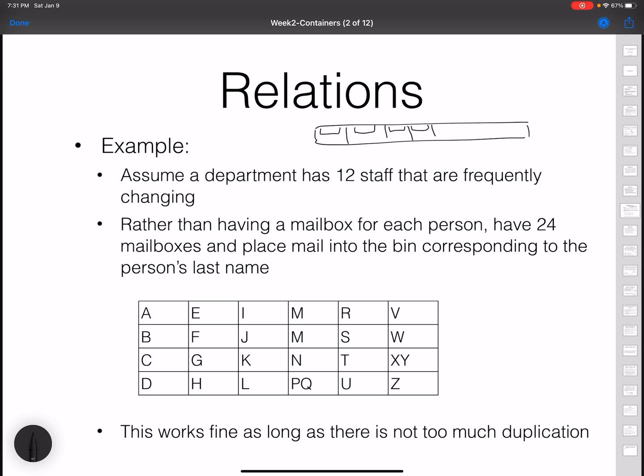You can see that I have actually covered some of those letters, and some have been combined, like P and Q or X and Y, which are less frequent. So you can have a mailbox of size 24. You can see that I'm using more space, and I would label all of these boxes with a letter, not the full name. So the mail of each person is going to go based on, for example, the starting letter of the family name, and you never need to update the label of the mailboxes,